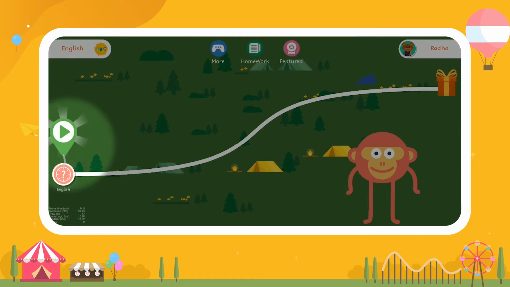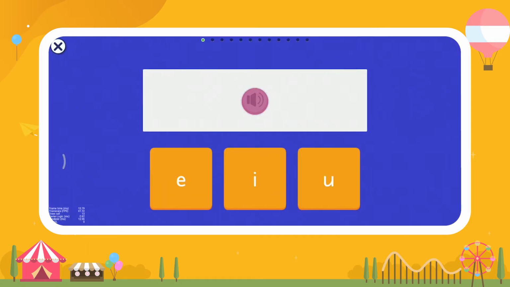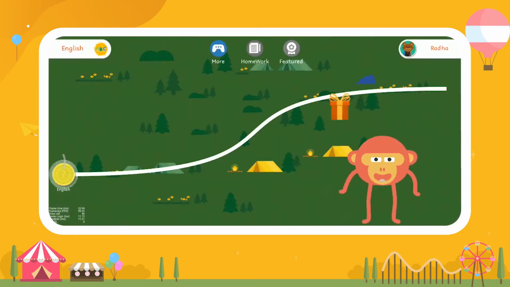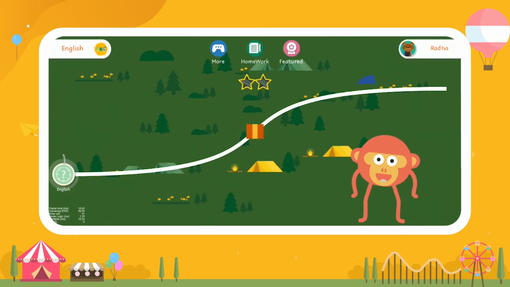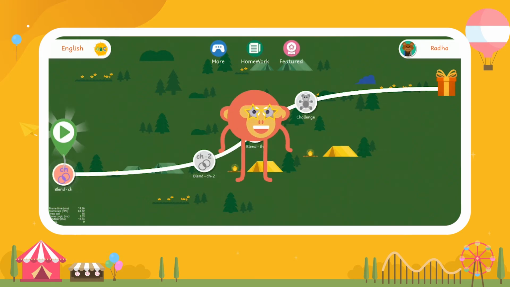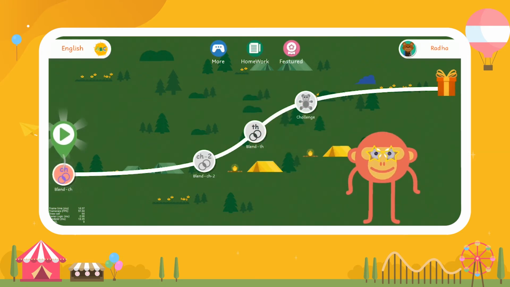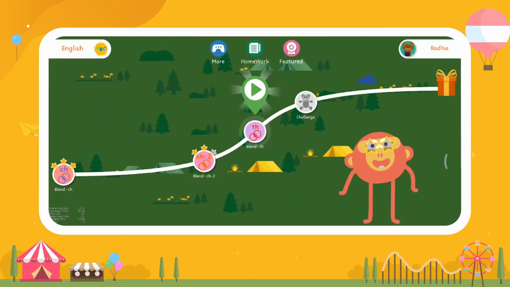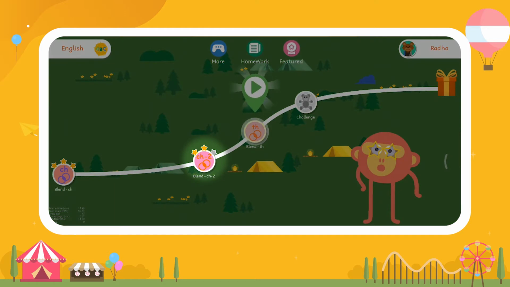Before the child starts learning any lesson, they have to give a baseline test. This way, the app decides the learning level of the child before they actually start learning. Once the baseline test is complete, the child can start learning journey by following the path and playing all the chapters as they appear. The child can access the next game only when he or she successfully completes the previous